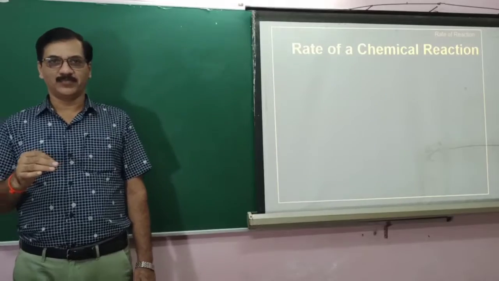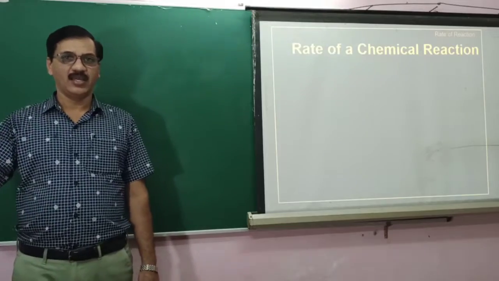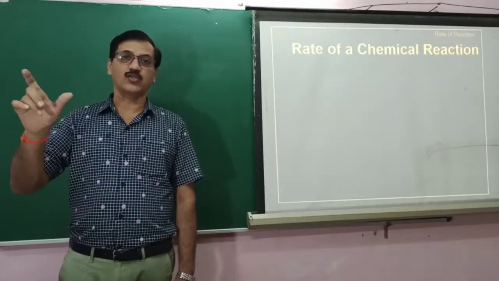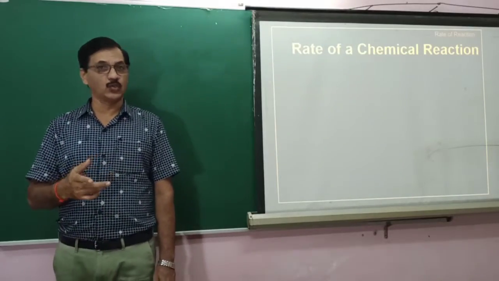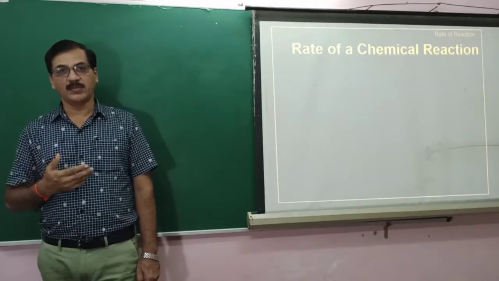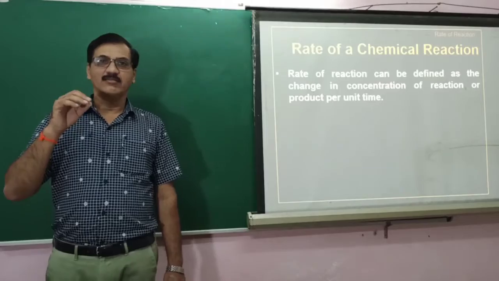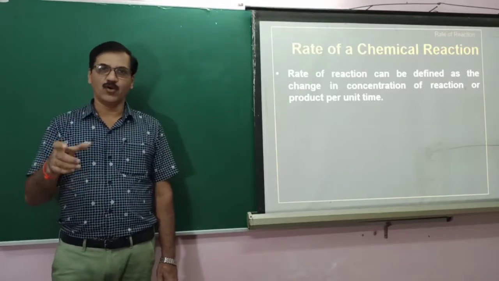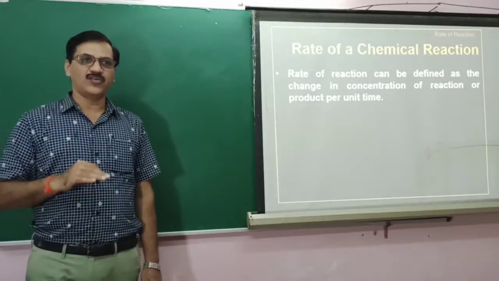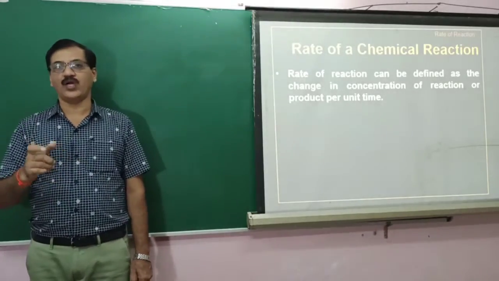As you know, the speed of a vehicle we calculate by knowing the distance traveled by it and the time taken to cover the distance. By knowing these two, we can calculate the speed of the vehicle. Similarly, the speed of a reaction can be calculated simply as the change of concentration over a period of time. So, the rate of a reaction is nothing but the change of concentration of a reactant or a product per unit time, within 1 unit time.